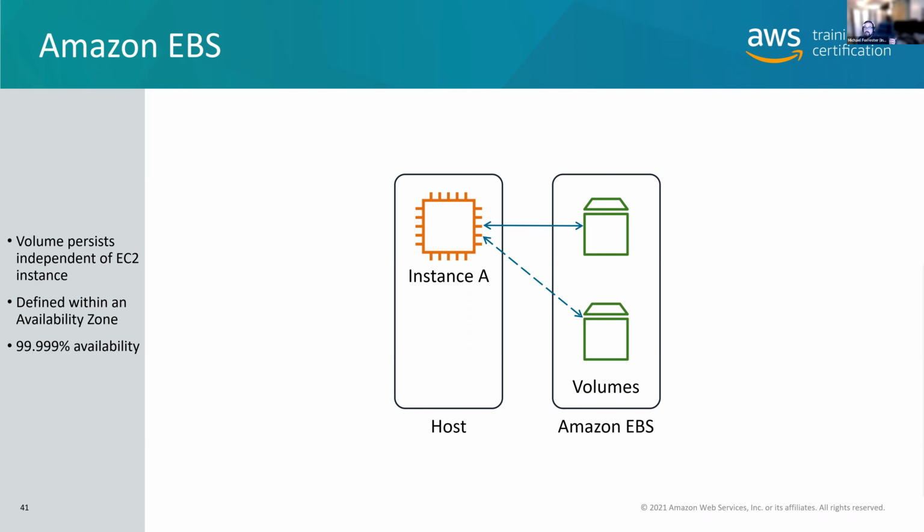Volumes, by the way, can also back up your instances, and they can be converted into AMIs. These snapshots are stored by default on a hidden portion of your S3 account. So you can only access them through the EBS interface, but they are on S3 just for your own edification. You can, by the way, snapshot a running system and make an AMI out of it if you want to. So just know that you can create AMIs out of running boxes.